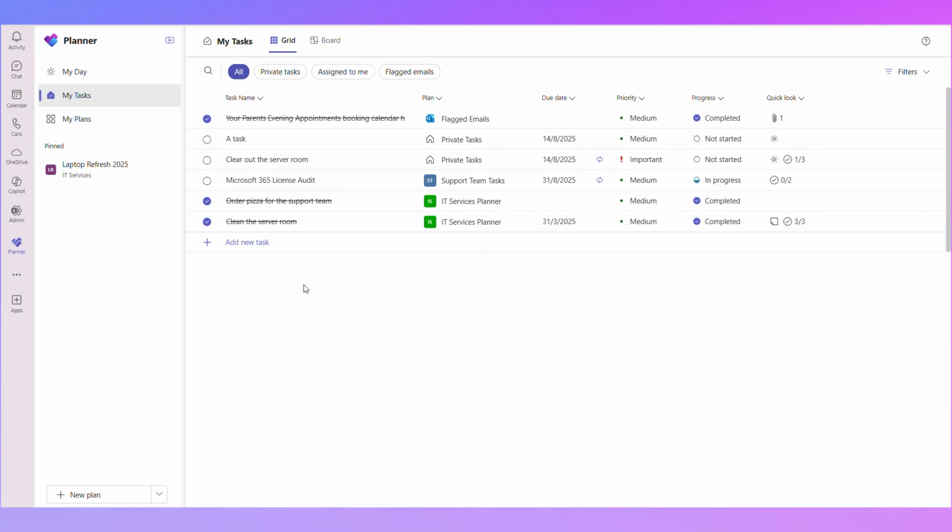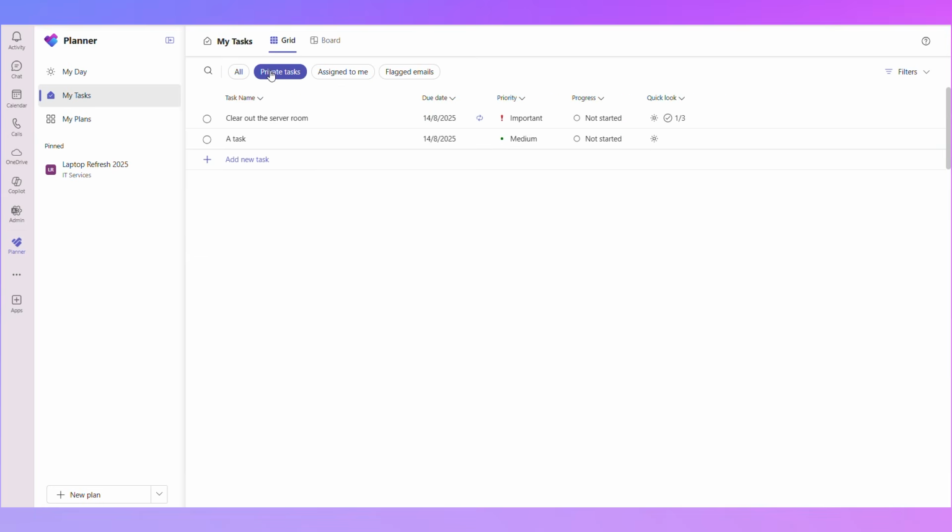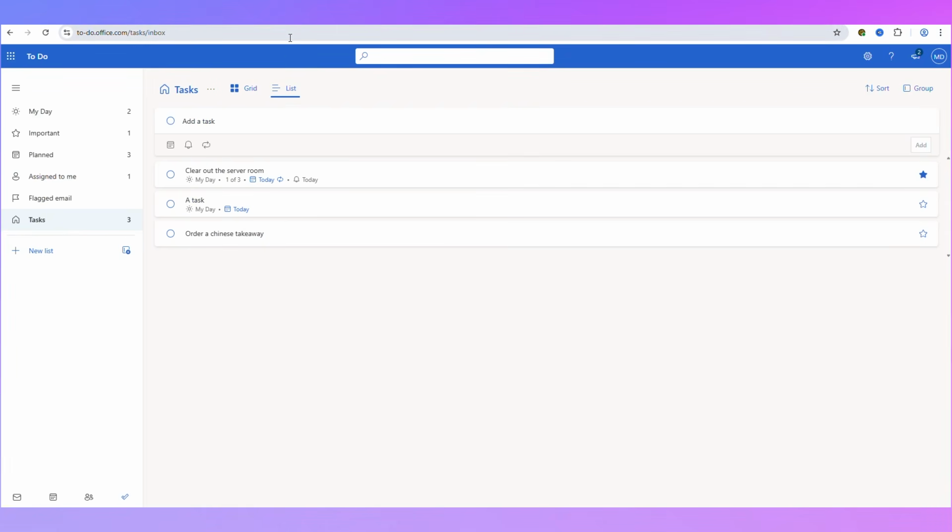Well, you can do that from the Planner app in Microsoft Teams. So if I just click on private tasks and add new task, I can create a new task here. So let's create an "order a Chinese takeaway". Clearly I'm hungry today. So if I go into Microsoft To Do, I can see that "order a Chinese takeaway"